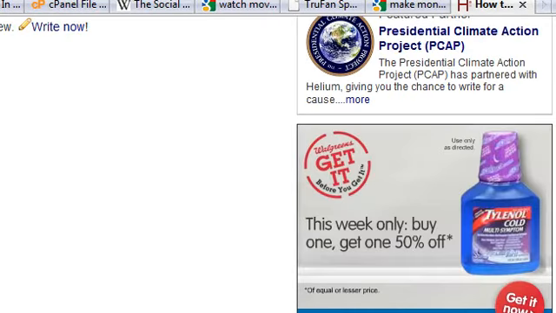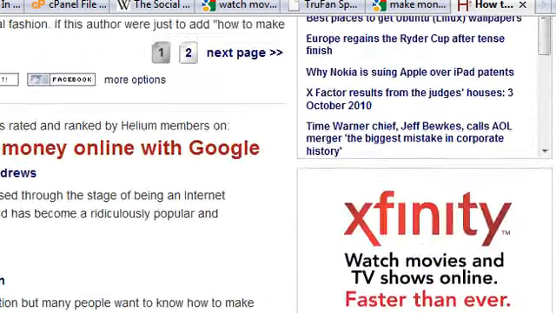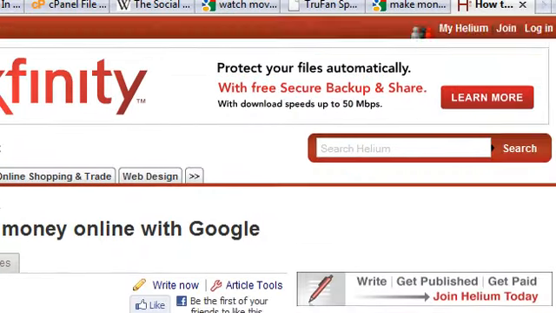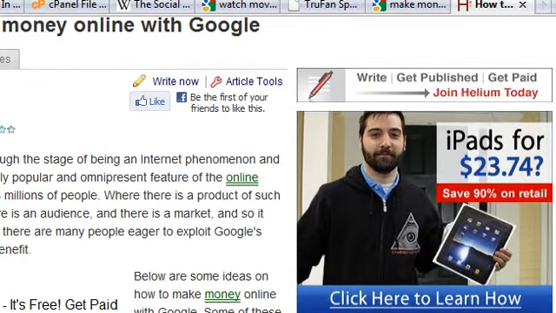Anytime you send traffic to a page, always make sure you have a way to capture their email address. Normally it's on the top right side of the page. You're going to have a free offer in exchange for their email address, and the way to position it is, I have a free offer for you, where do I send it? And when they give you the email address, you send it to them, and now they're on your list. Okay, now you can market to them over and over again.